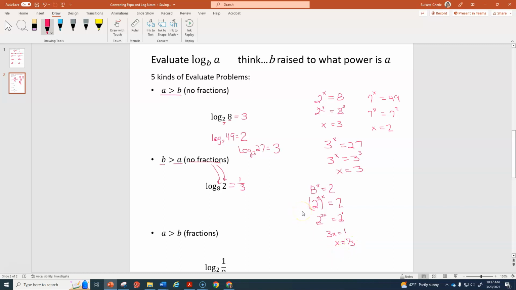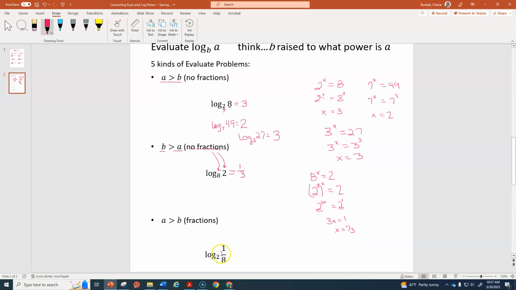Now, here we go back to another problem that's showing us that we have a base 2 and it's equal to a fraction. So technically 2 is bigger than the 1/8, but since it's a fraction, what that's telling me is I'm going to have a negative answer. So the clue here is that I started off with a whole number, I ended up with a fraction. That means to look out for a negative